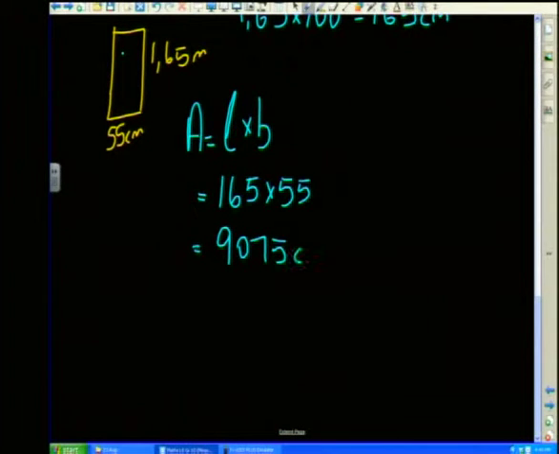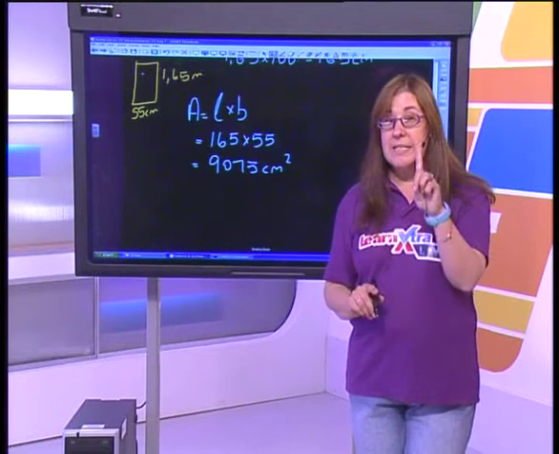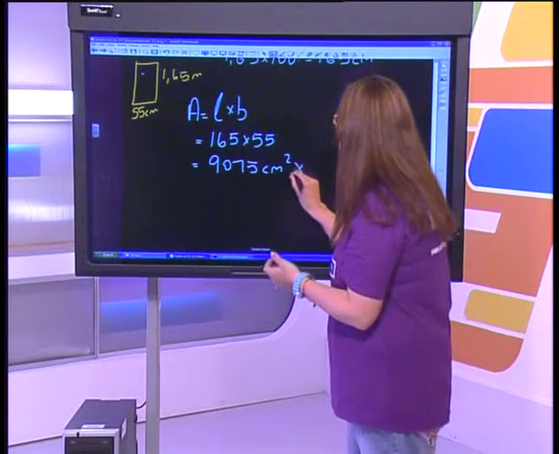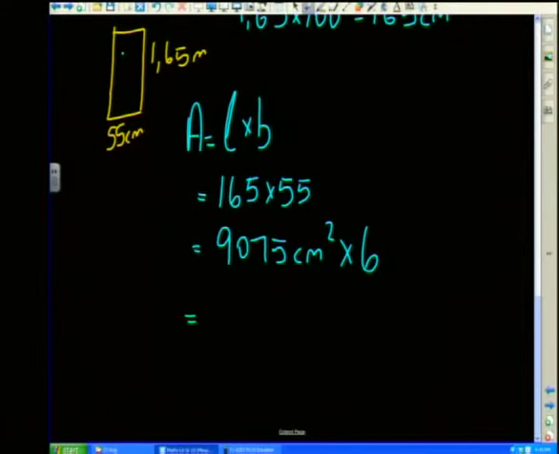9075 centimeters squared. And now remember that was one side, and I've actually got 6 sides to this piece of glass. So I'm going to times that by 6 to get our final answer